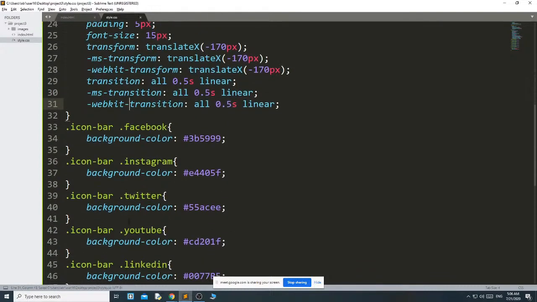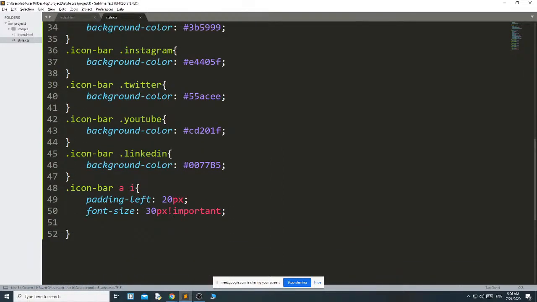Then I have to apply the animation on this particular icon, like here animation: let's zoom, this is my animation name, 3 second, linear, then alternate, reverse, infinite.